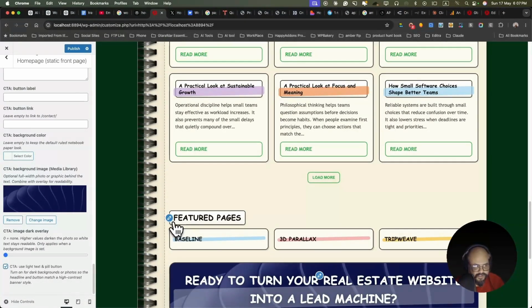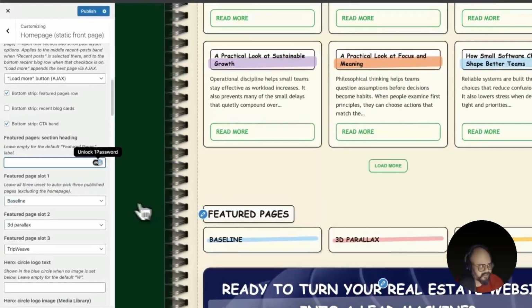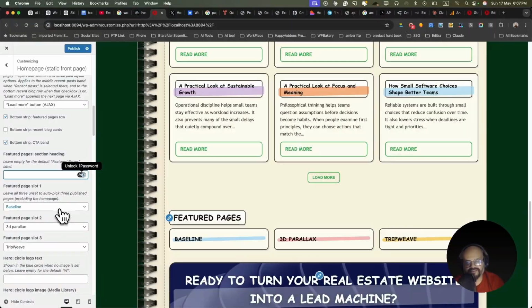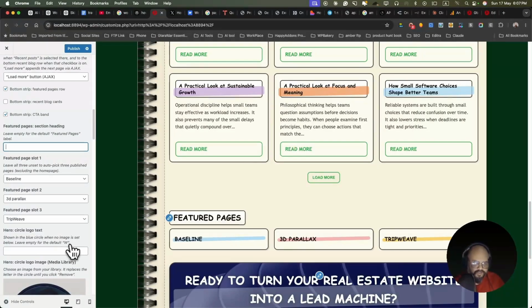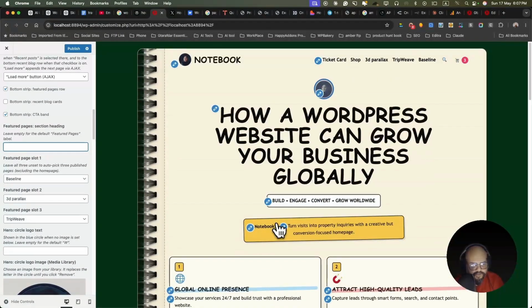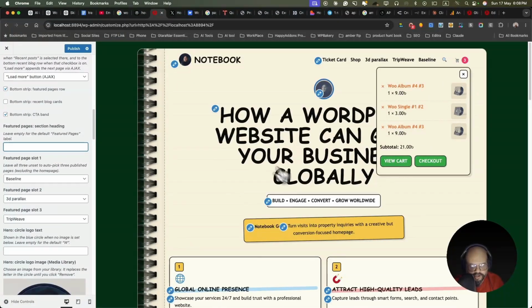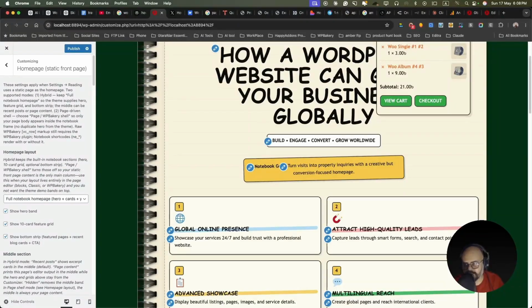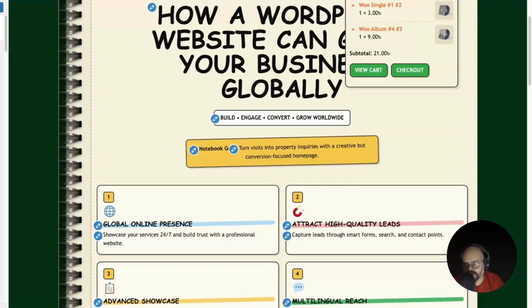Also, this is a very important section, the feature page. From here, you can add your case studies or whatever pages you want to show here. I have limited this to three, for the beautiful look, I feel. So I added those kinds of information, and I have shown the mini cart features, cart sections, all the things are done. So I believe it's now working, and